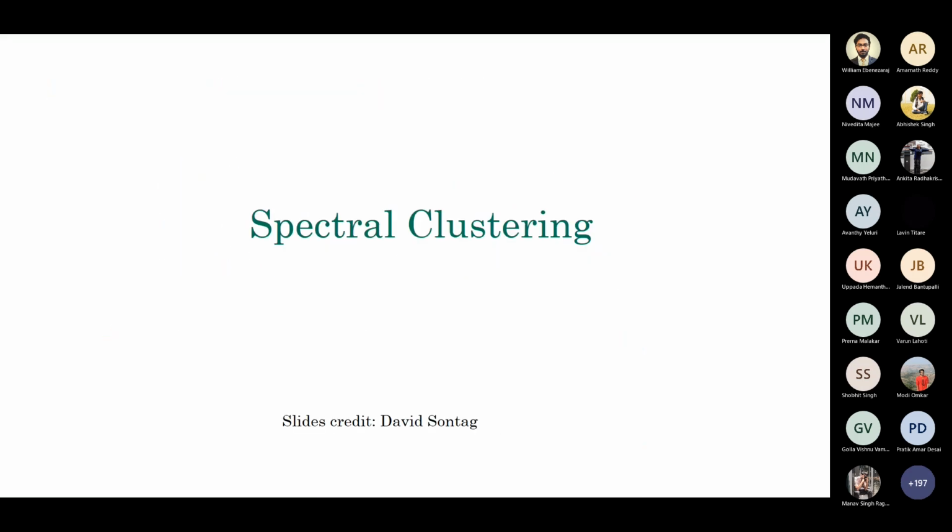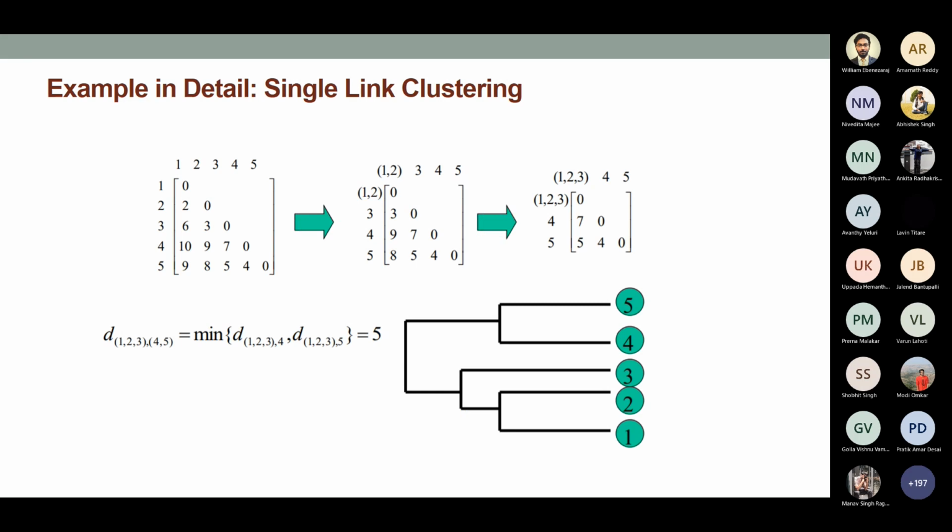Sir, can you explain the 10 which you explained last? Oh, okay, sure. The question I posed is that I have two groups: one with 4 and 5, and another with 1, 2, and 3. I want to know the distance between these two groups based on the complete linkage similarity measure. Is the question clear? Yes, sir.